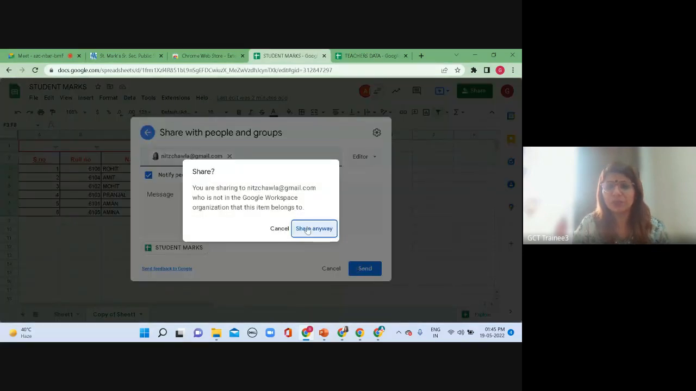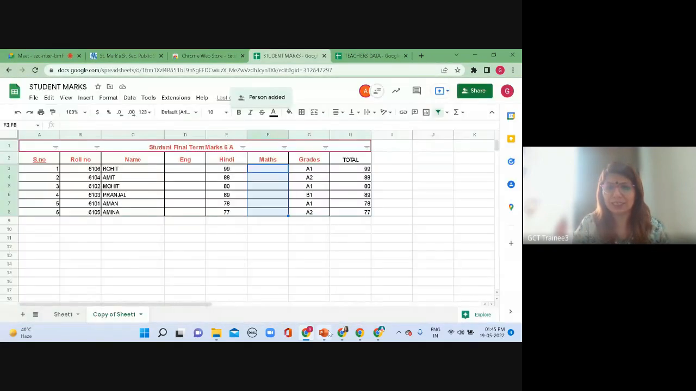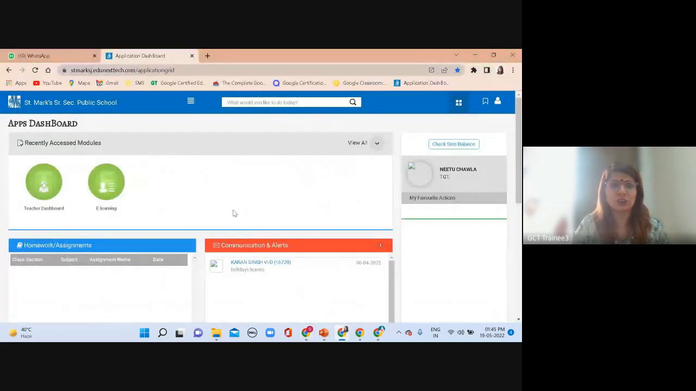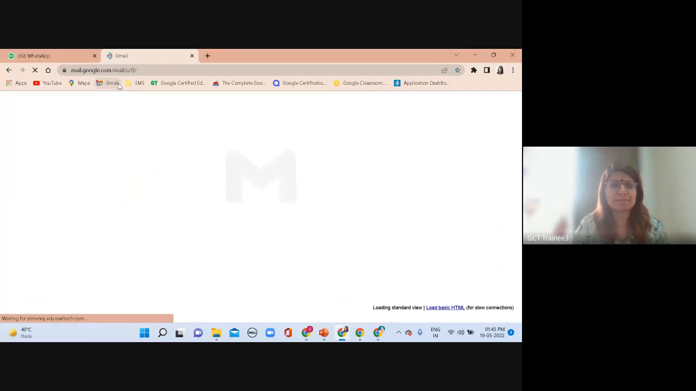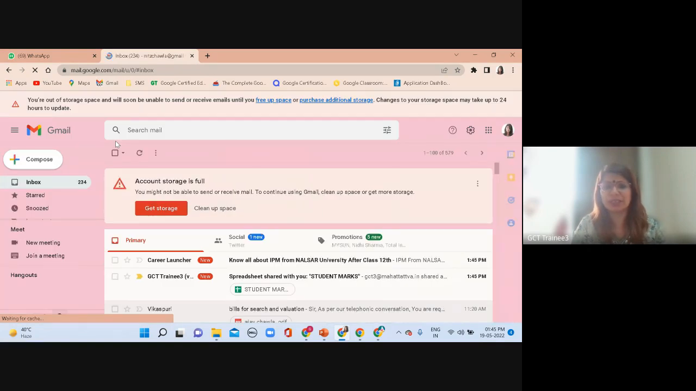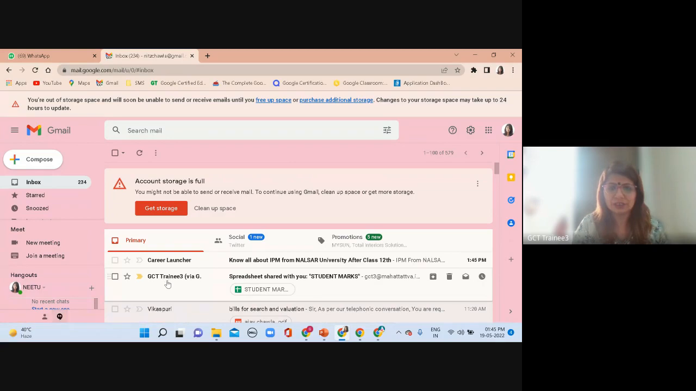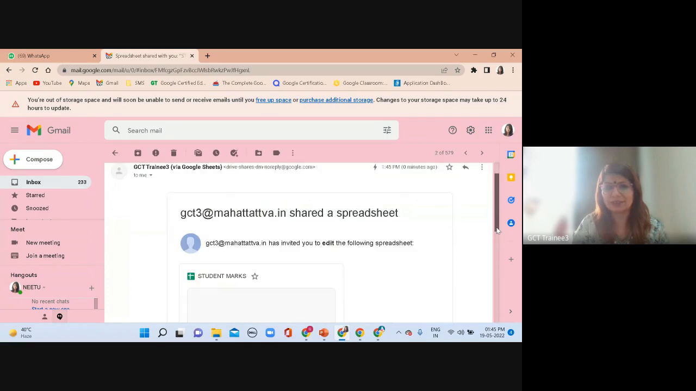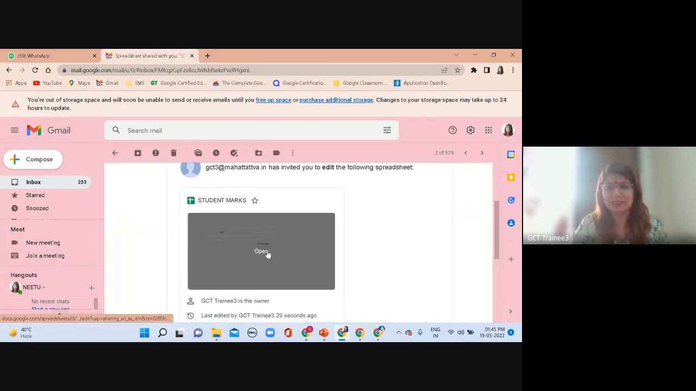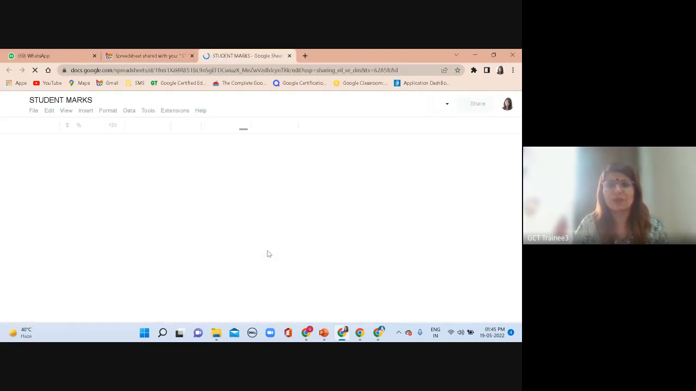Now, if you open your Gmail ID, you will get a notification like this. Let me show you how you will get the notification. It would be like this. If I open my Gmail, this is my personal Gmail account. Can you see this is GCT trainer? At present, I have sent that mark sheet to Nits Chawla. I shared with Nits Chawla. I got the message like this. This is the sheet. Now, I can open the sheet